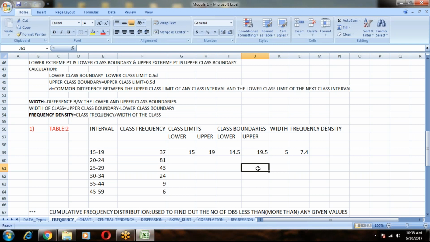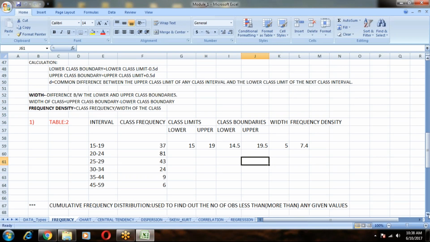Rajamani, is it clear how to calculate class boundary, or should we repeat? Okay, great. So now it's clear, right? Okay, and the cumulative frequency we discussed